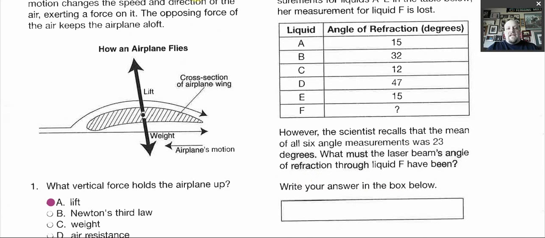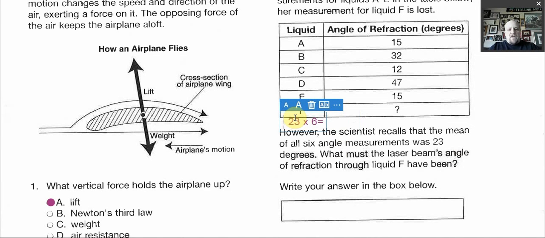This sounds really kind of like a scary question, and you're like, what am I going to do? So you're just trying to find F. That's all you're doing. So your best way to do this is, first of all, that all 6 of the measurement angles, their mean. So the mean, like mean, median, and mode, is the average number. So add them all up, divide by 6. That's going to give you 23. So the best way to start is take and do 23 times 6, which is going to equal, I believe